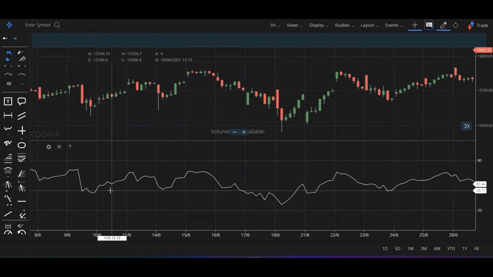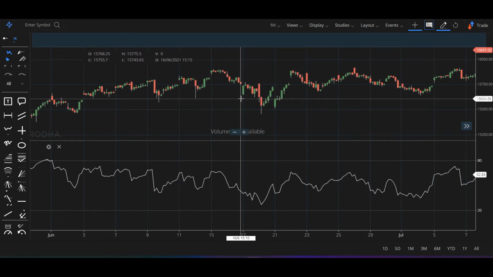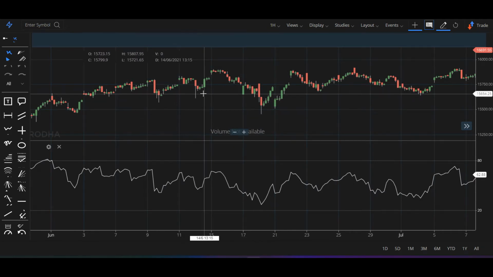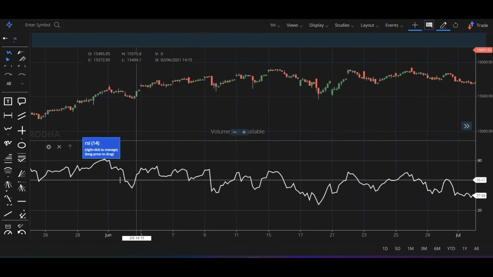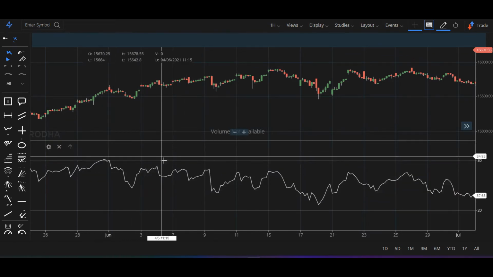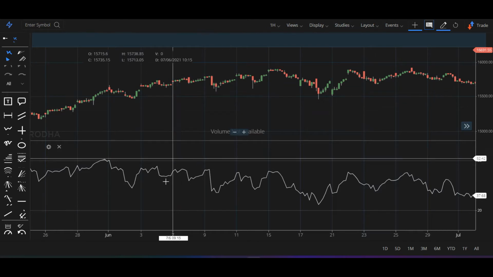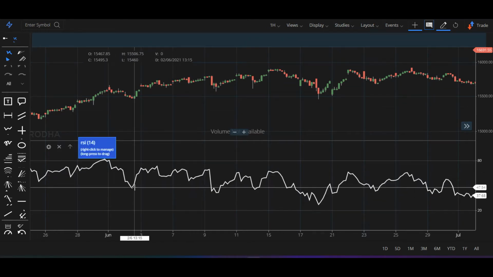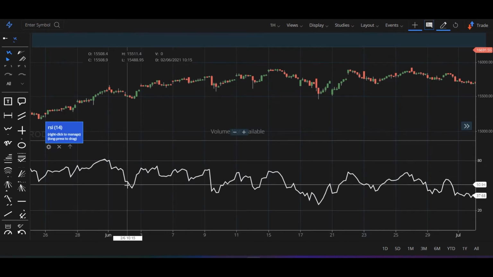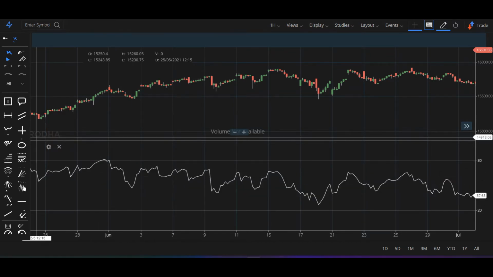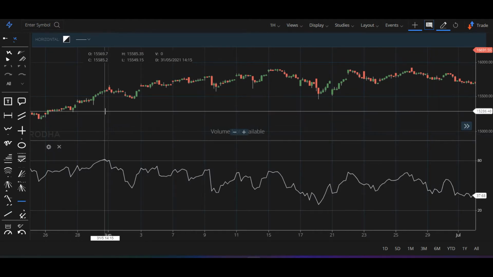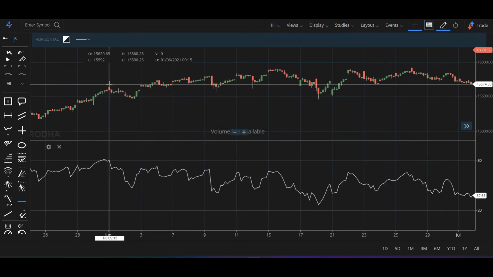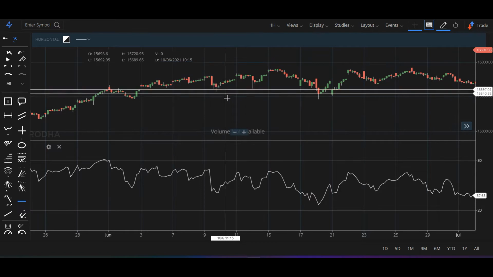Now, because we always do the analysis on past charts only, we will try and work around that as well. So let's find out which are the tops and bottoms of your RSI. If you look at it here, there was a top here, and the bottom here. So what we are trying to do is very simple. We are going to mark the top, which was around this place, this candle. So this one has acted as a resistance.